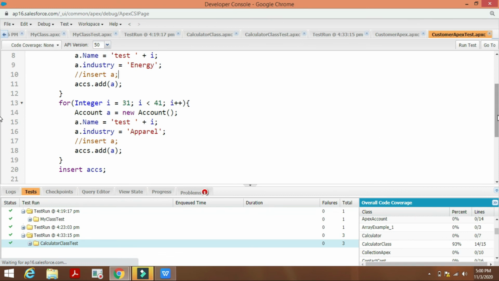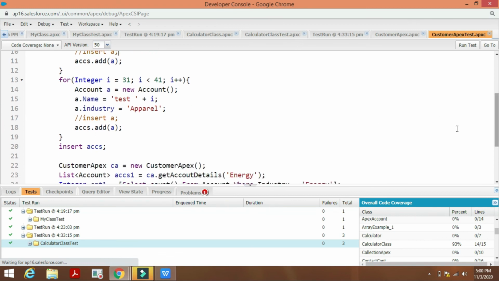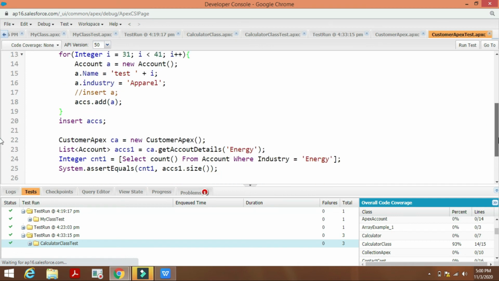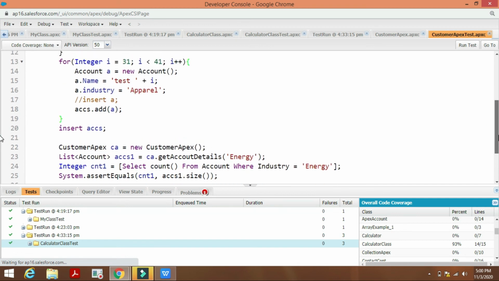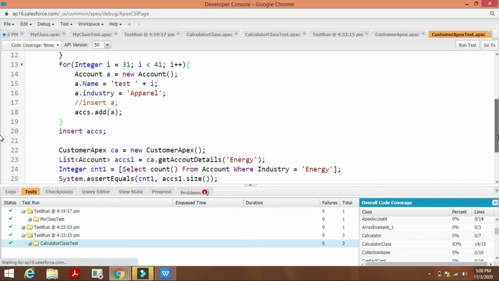Okay, so here the DML statement should be after the for loop. To avoid the errors, to avoid the DML exceptions in the class, we have to give the DML statement after the for loop.